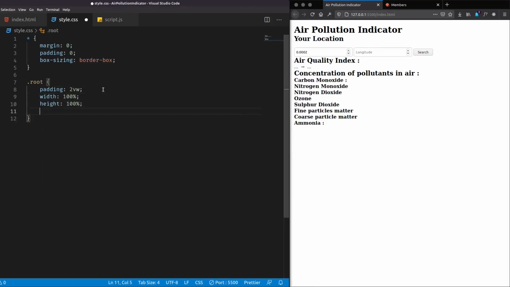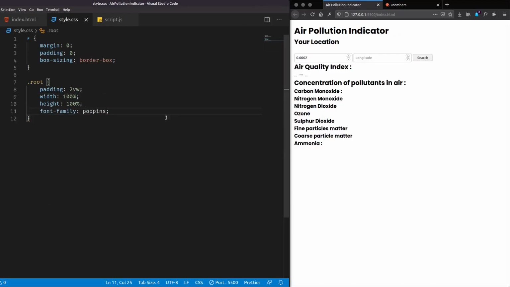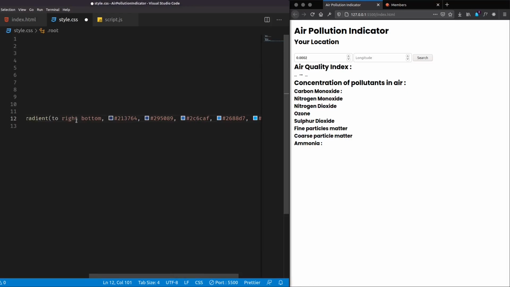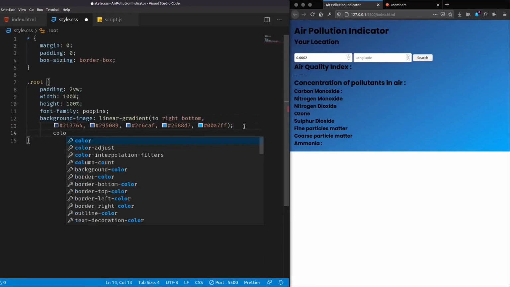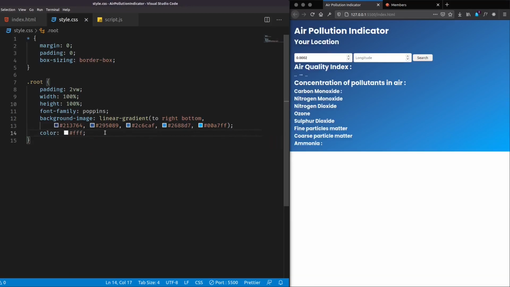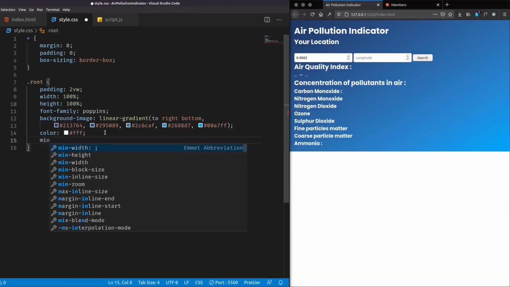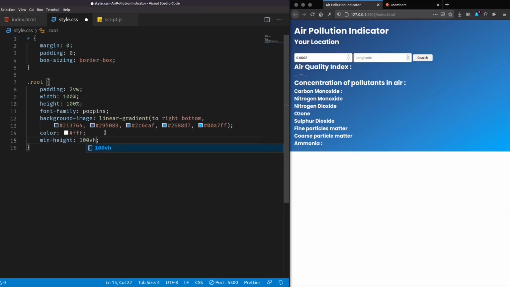Let's initially give a font family of Poppins. Now I have this font family installed in my system. Get it from fonts.google.com, and I'll add a background color of this linear gradient and a color of white, and let's also give it a min height of 100 view height.